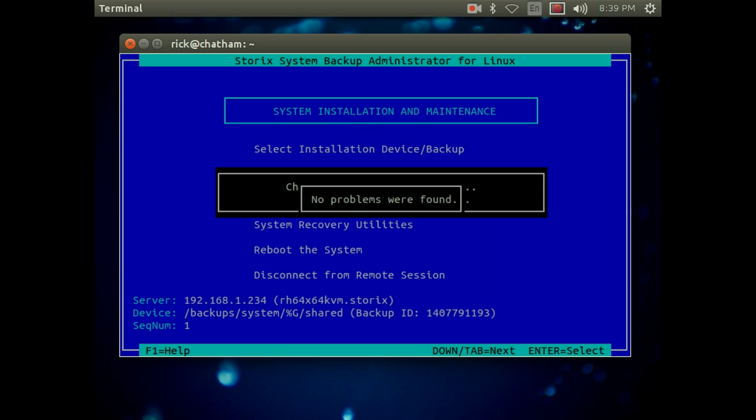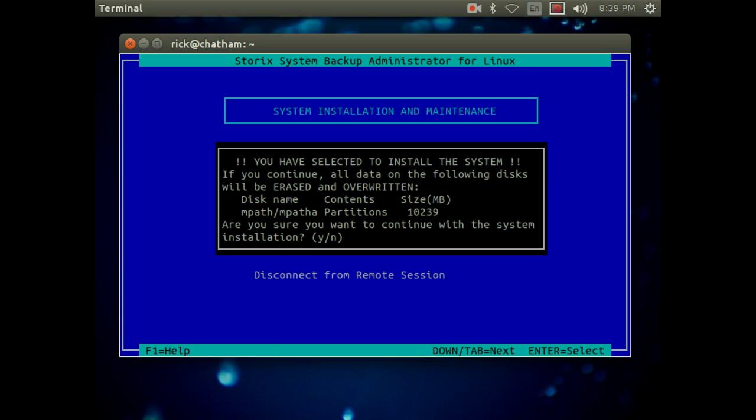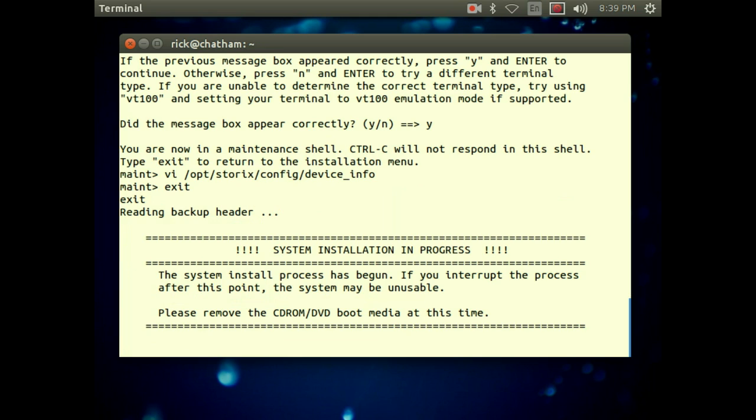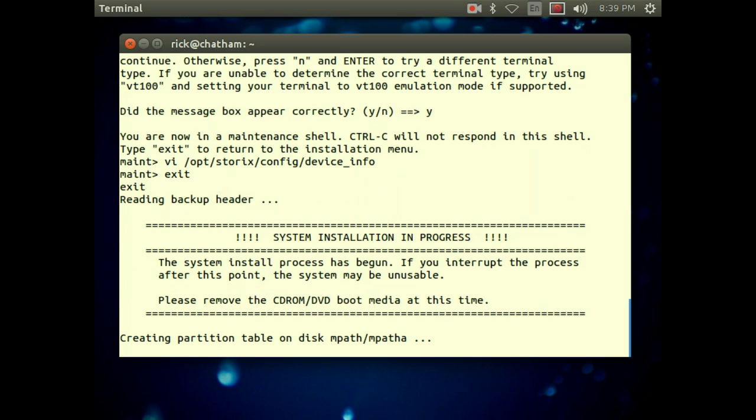And go ahead and install, and now it's not giving us any problems. And it's telling us one last time, are you sure you want to continue with the system installation? We go ahead and hit yes, and it goes on and it does its thing. So that's all we need to do there. Now, if you've watched any of our other demos or seen other videos, you've seen what this looks like, so we're not going to sit here and just watch it install. With that done,